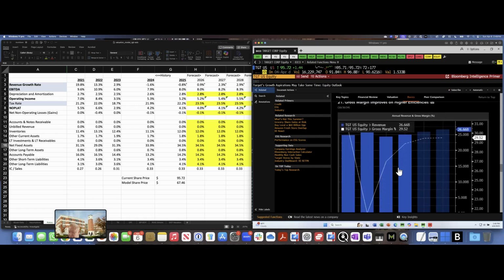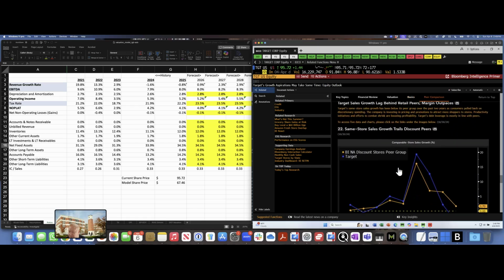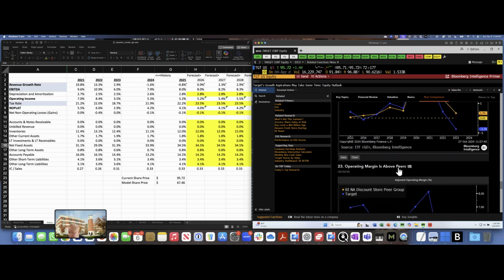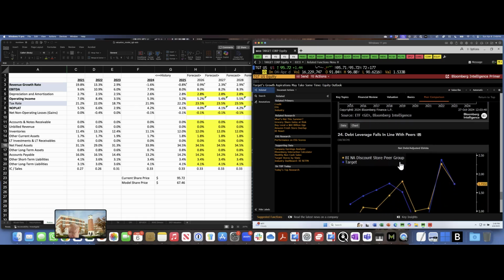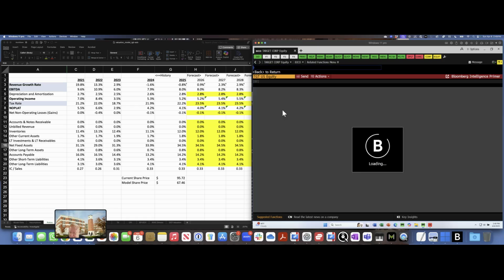They're going to open some more stores. Looks like about 300. Their margins are better than their peers, but their growth is a little bit slower. Okay. And if we look at the industry,